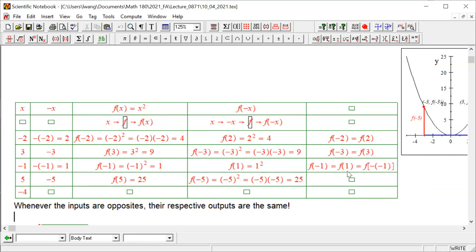Where else did we hear about "whenever"? If you look at the definition on the second page of the notes, where else did it say "whenever"? We said that for a one-to-one function, didn't we? We said that for an increasing function, didn't we? We said that for a decreasing function, didn't we? Did we? Yes. Okay, so,